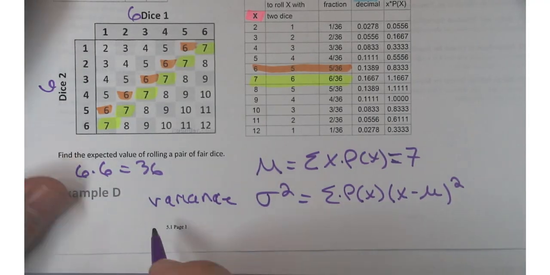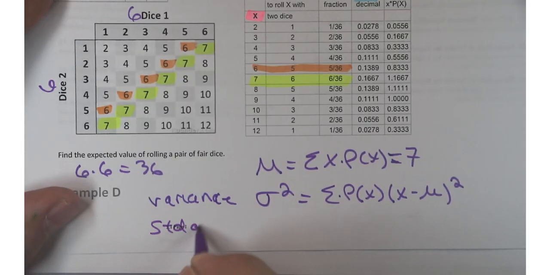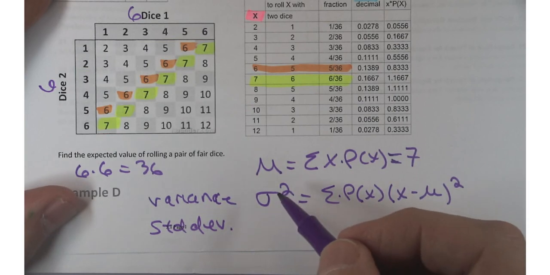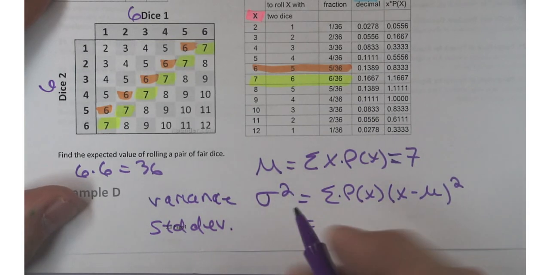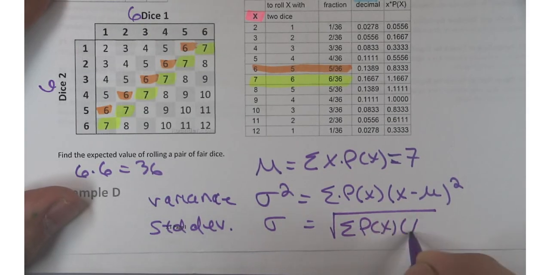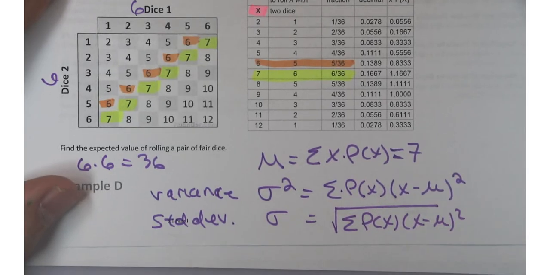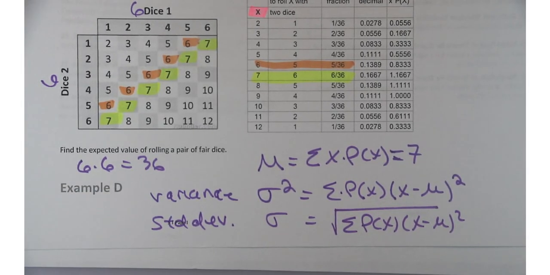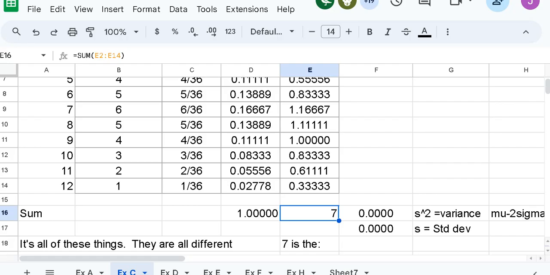From the variance, I can get the standard deviation. What do I do to get from the variance to the standard deviation? Square root. Well done. So it's going to be the square root of all this. Sum of P of X times X minus mu squared. All right. Let's see here. Going back to this distribution,